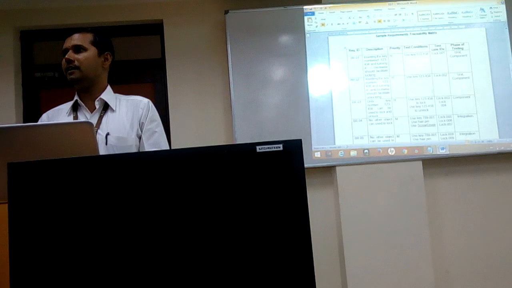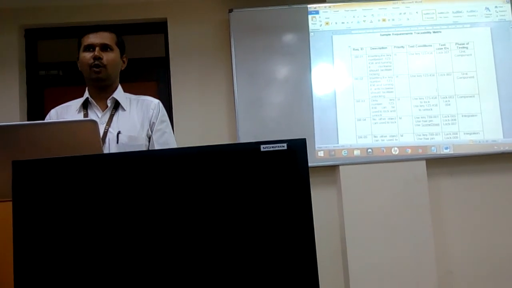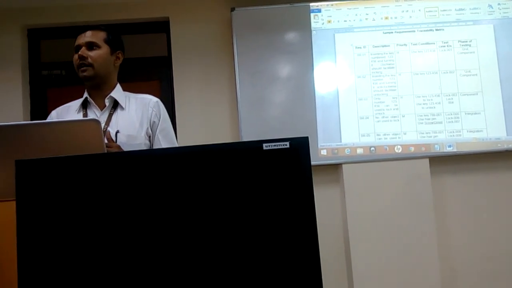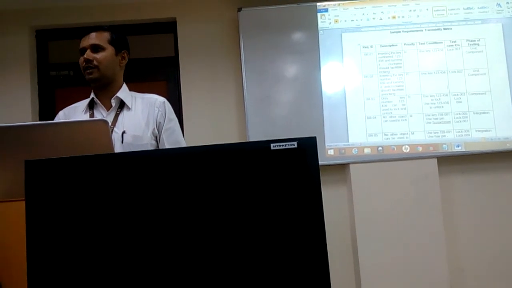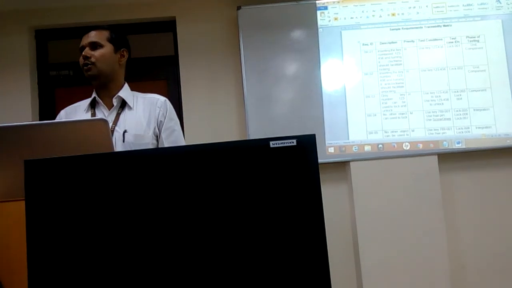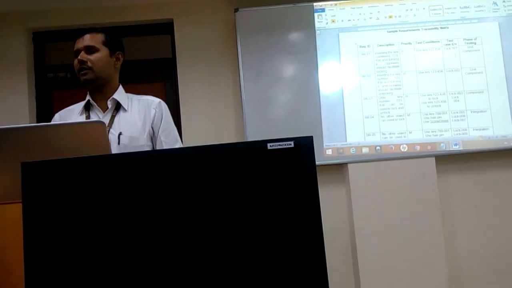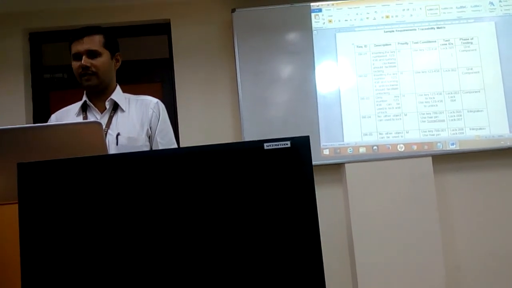And then test case IDs are very useful for identifying the test cases. We know that after testing a product, we will be storing all the test cases in a test repository, test databases, for future reference. So every test case will have a unique test case ID in addition to the requirement ID. So it always starts with the application. So this is lock and key. So I named it lock 001, first requirement.